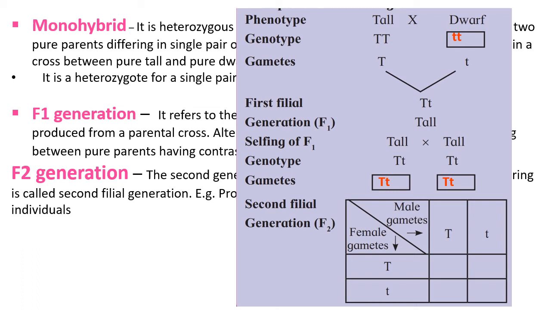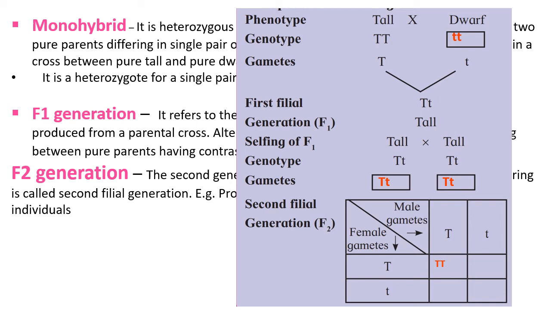It is called Punnett square because it was discovered by a scientist called Punnett. Hence it is also called Punnett square or checkerboard. So after the union of male gamete with female gamete, we see different combinations. When the first male gamete, that is capital T, unites, we see the individual having both the dominant genes, that is capital T, capital T, means a pure tall pea plant is produced.